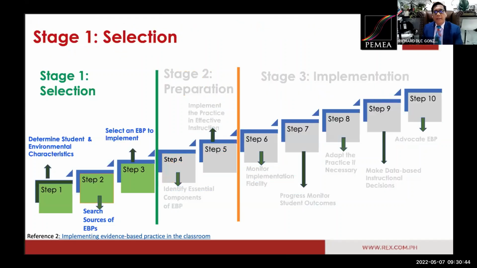Okay, so let's start with the first stage. The first stage in implementing EBP in the three bold steps framework, superimposed on the 10 steps of Torres, is to select. You may be looking for an evidence-based program or practice, or you may find that